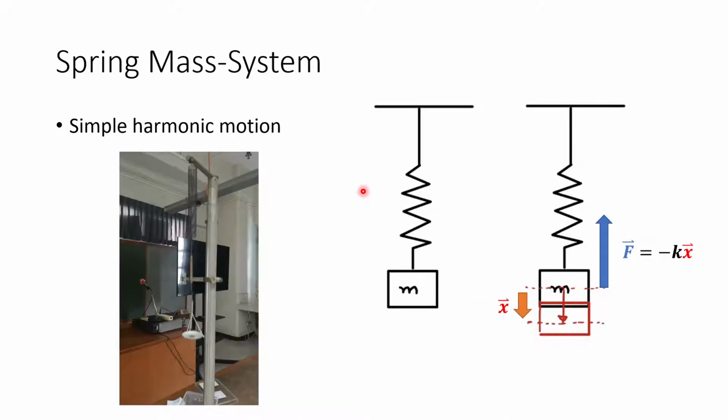We would have what we call the spring mass system. If we hang a mass on a spring and we disturb it by pushing it away by a distance x, it causes a restoring force, pulling it backward. However, if the mass is pushed too far, the force goes in the opposite direction. So it creates an oscillation, and this oscillation is called the simple harmonic oscillation, just like in this picture. If you disturb a spring mass system, it would create an oscillation like this, and it follows a sinusoidal motion, which you can see.